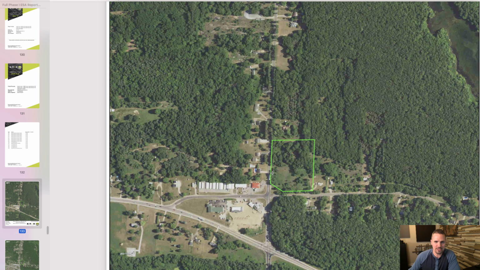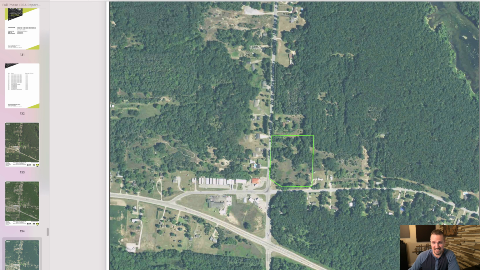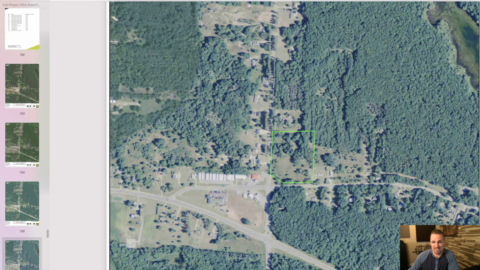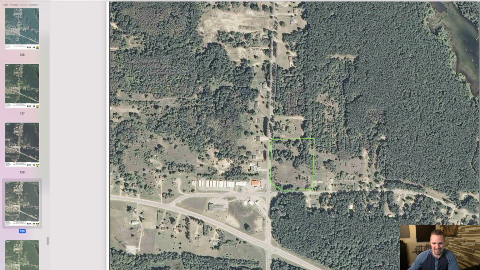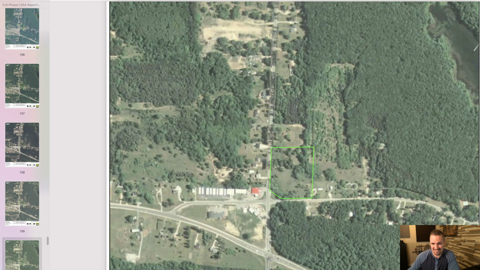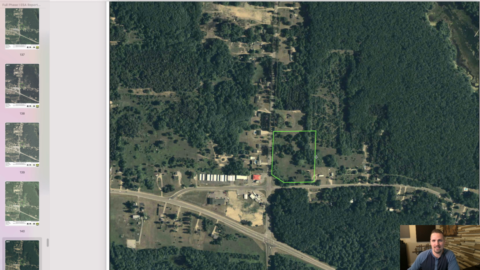And if we keep going here, a lot of historical maps. I always find this kind of interesting just because they go back so far. This satellite map's from 2018. This one's from 2016. This one's from 2014. This one's from 2012. This one's from 2010. This one's from 2009. This one's from 2006. This one's from 2005. It's kind of interesting to see this section up here because currently it's fairly dense